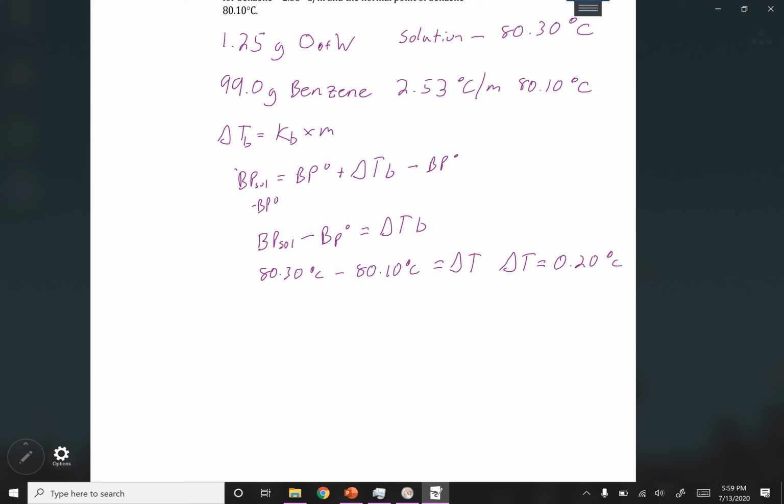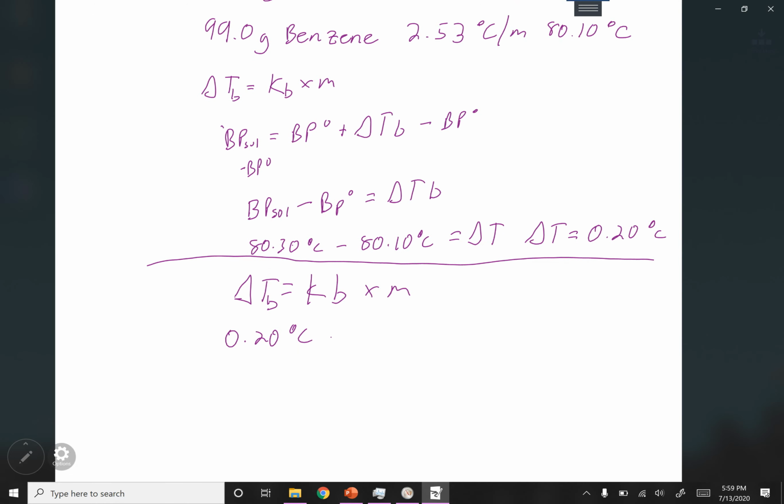So we can now use that along with the constant to determine our molal. So we can say that delta T is equal to KB times m. I'm going to put a line here just to help break things up a little bit. And now we can plug in our delta T. So 0.20 degrees C is equal to, and they gave us our KB, 2.53 degrees C per molal, and that's of course times our molality. So to solve for little m, we divide both sides by 2.53, and you end up with little m equal to,